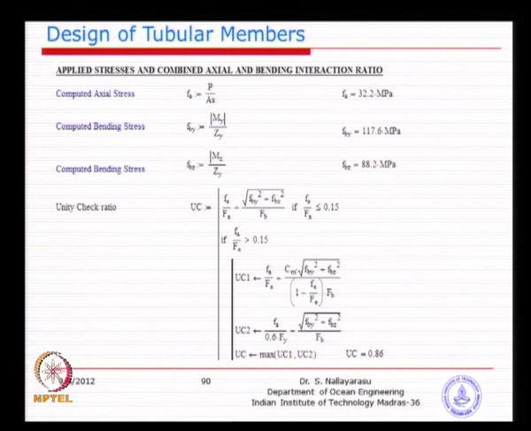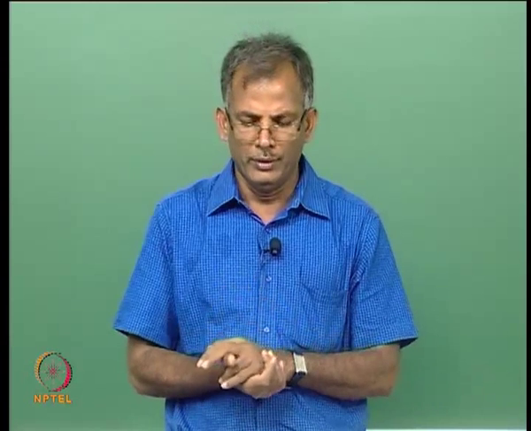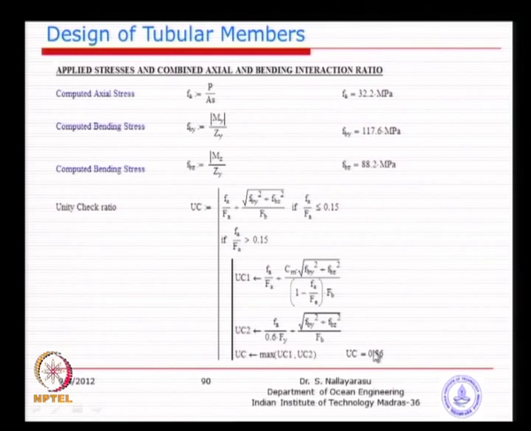Sometimes you may have x and y depending on axis systems, and then you find out the three unity check formulas. The fourth one is not required, because here it is a symmetric section, we do not have the fourth one, and simply find out the ratios. So, automatically here a computer code decides, but when you are doing calculations one by one, you have to just do it and then take the highest ratio, that will be the governing case, do not take the smallest one and then provide.